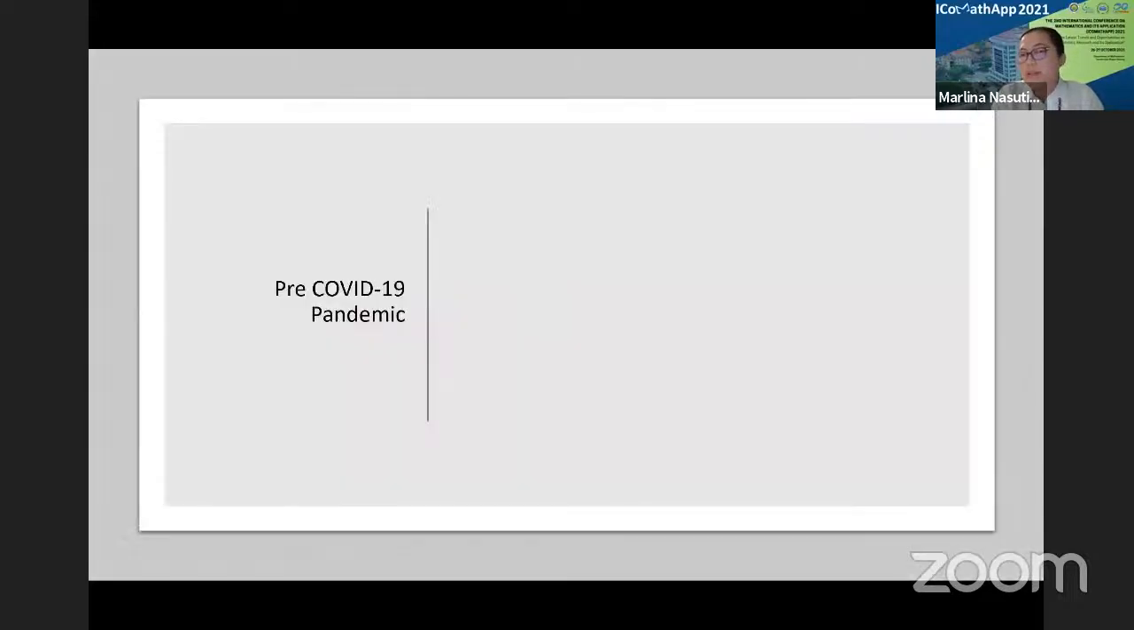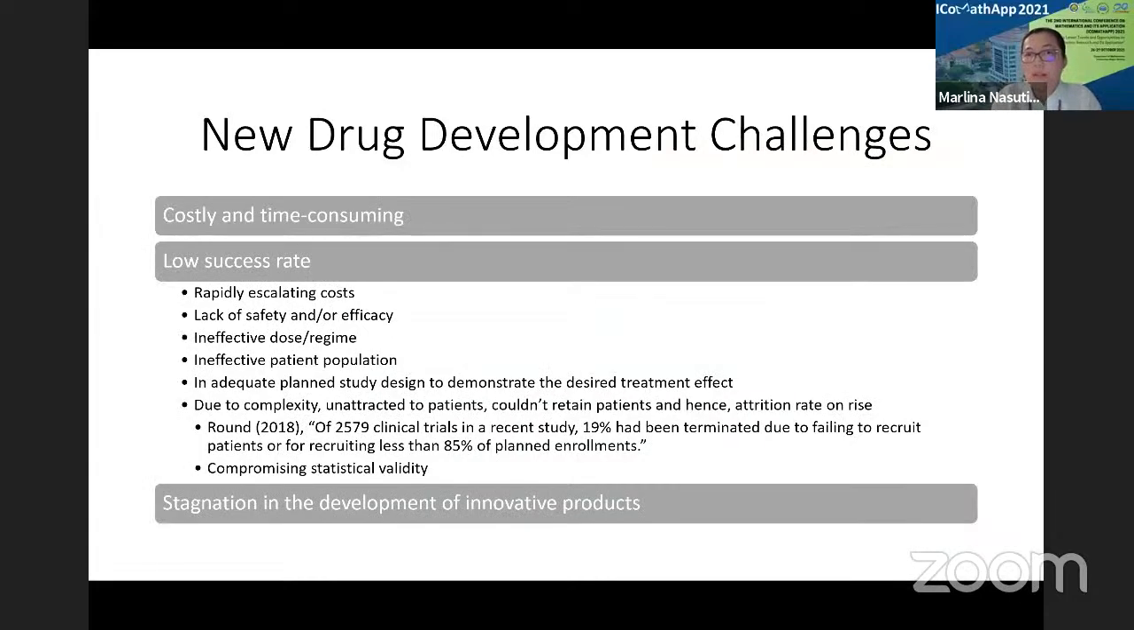So before COVID-19 pandemic, it doesn't mean that there are no challenges in new drug development. So in general, new drug development is costly. It's costly and time consuming. It can take up to 10 years from preclinical to the approval of drugs, and will cost hundreds of millions of dollars for the development of this new drug. And even the cost of this research and development